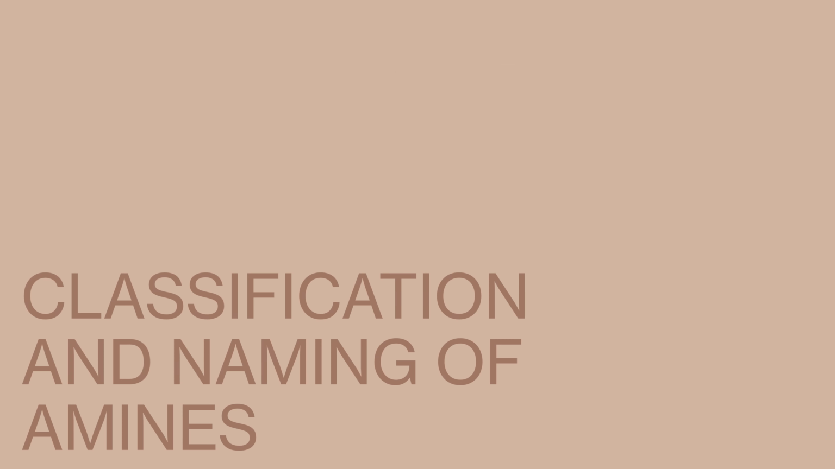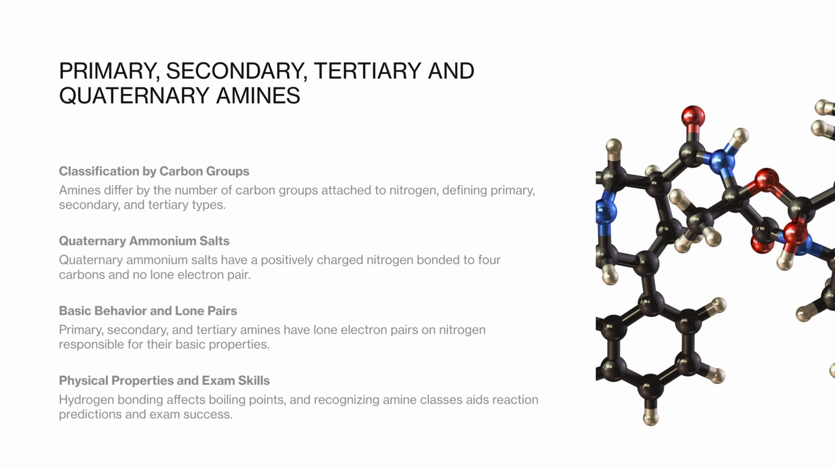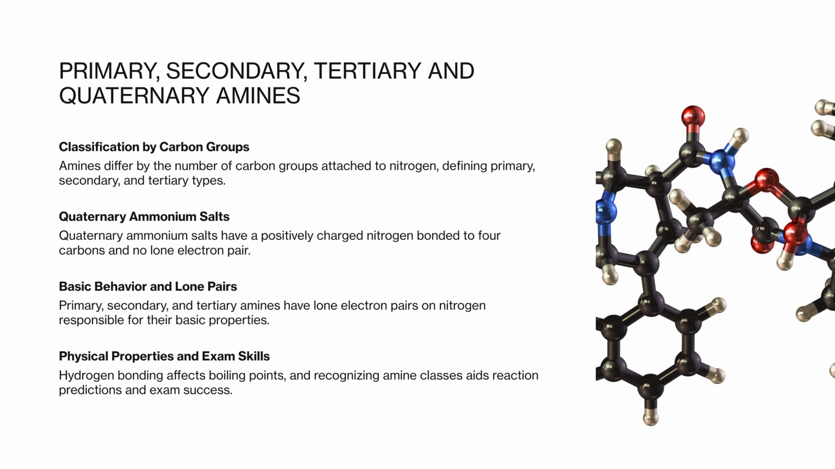Primary, secondary, tertiary, and quaternary amines, nomenclature rules for amines. Amines are classified according to the number of carbon-containing groups attached to the nitrogen atom. Primary amines have one alkyl or aryl group bonded to nitrogen and the general formula RNH2. Secondary amines have 2 carbon-containing groups attached, giving the formula R2NH, while tertiary amines have 3 such groups and the formula R3N. In each of these cases, the nitrogen atom still possesses a lone pair of electrons, which is responsible